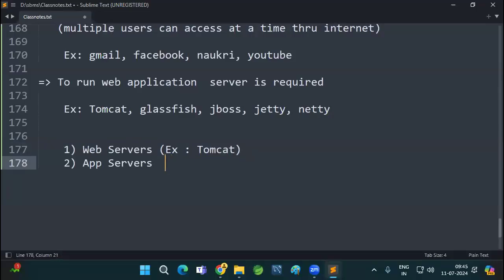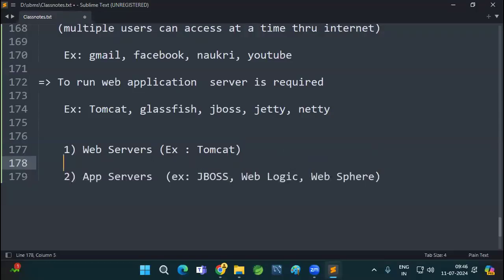When you go for application server, JBoss is called an application server, WebLogic is called an application server, WebSphere is called an application server. To run a Java application, there are two types of servers available. Web server is available, application server is also available. So web server will contain